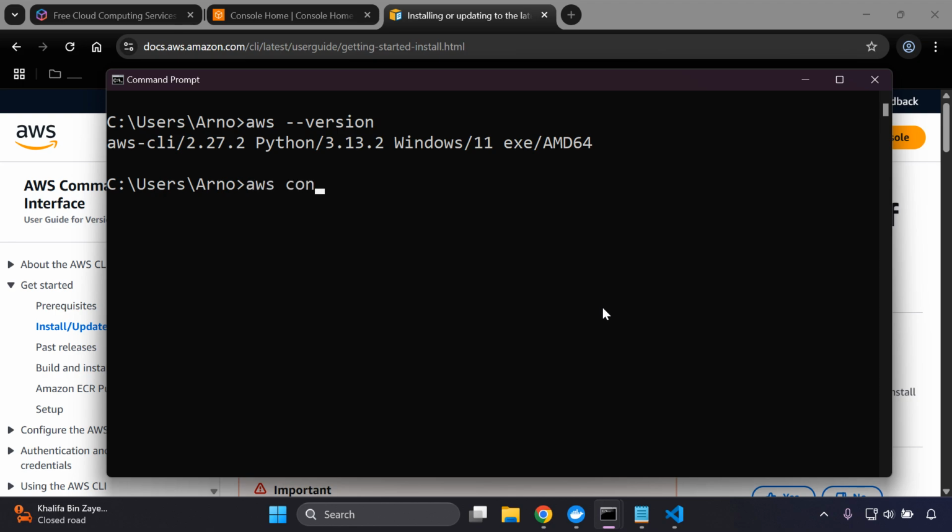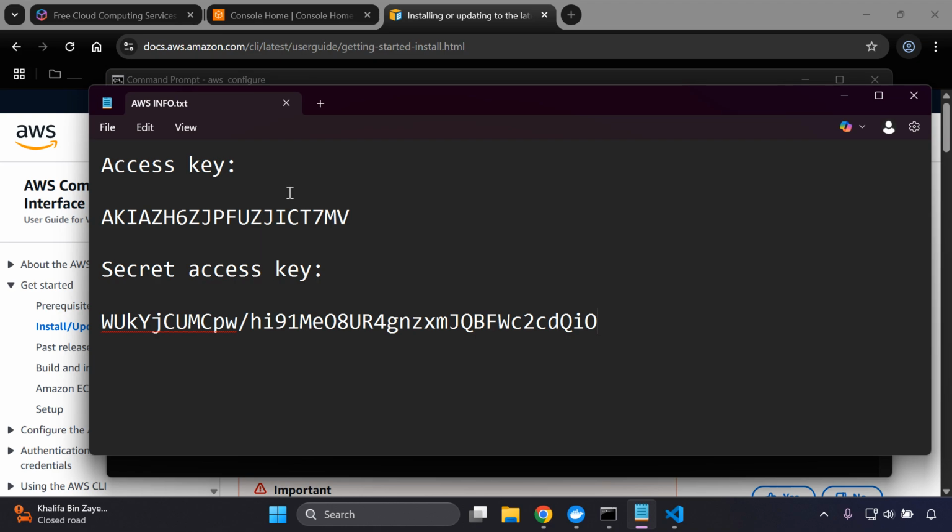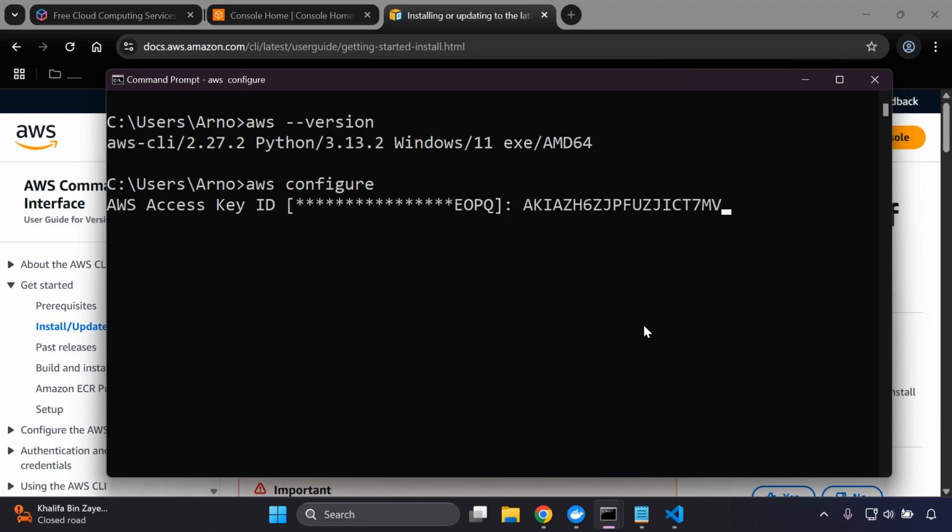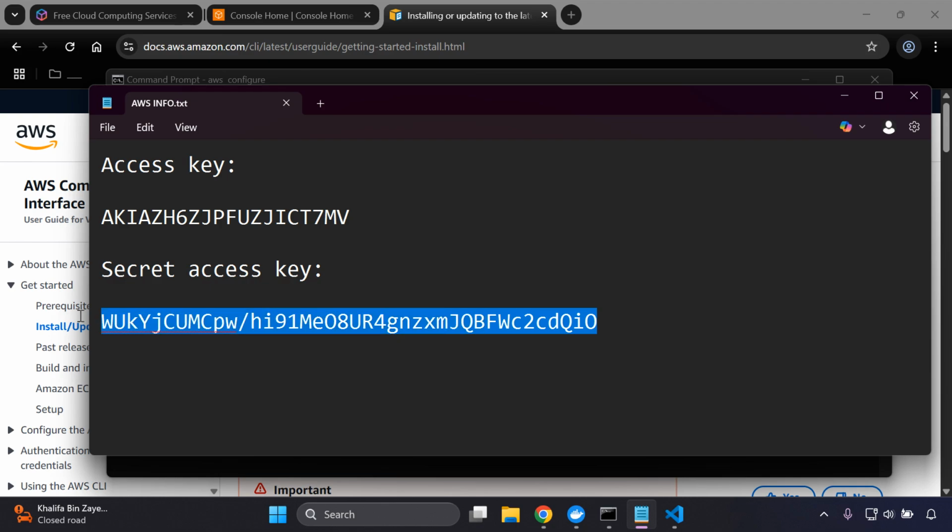Then you can type in aws configure, and that is how you can configure your credentials. Now, for most of you, if this is your first time, you'll see that this square bracket will have nothing within it. Now, if you have used AWS before and set up an access key, you're going to see your most recent or latest access key that you had. Either way, you can go ahead then and just copy your new access key, paste that in, press enter, and then your secret key,